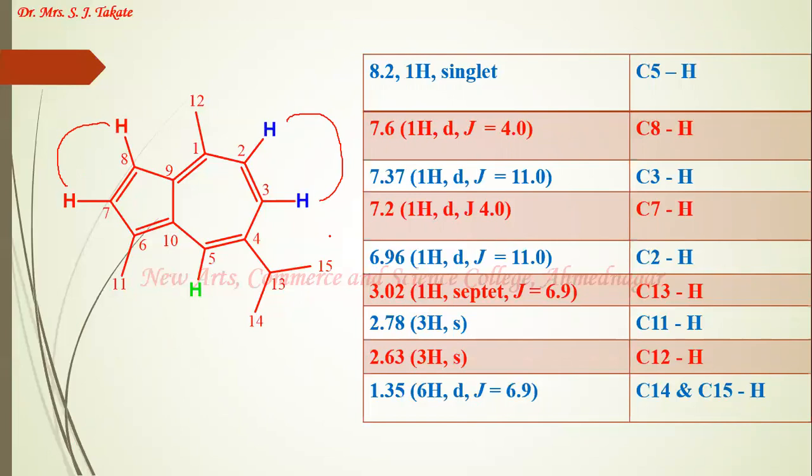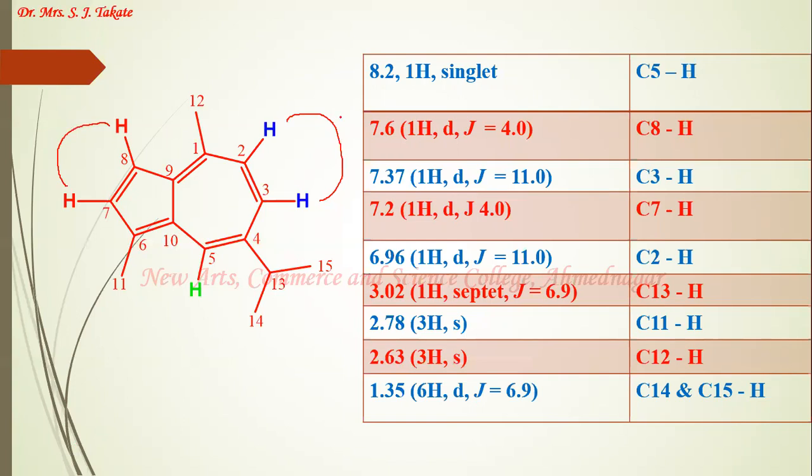The chemical shift values are not very useful in the assignment of the signals to the protons. But the coupling constant value is useful in assigning the signals here. I am saying that chemical shift value is not useful because here the substituents present are alkyl substituents, so their effect is not like a resonance effect. Therefore, chemical shift value is not useful.